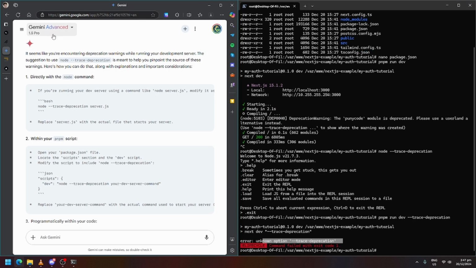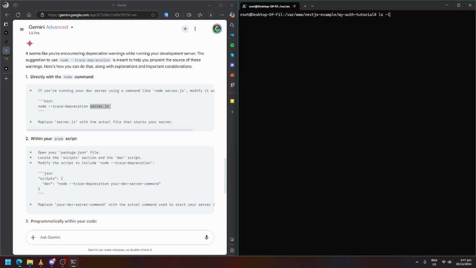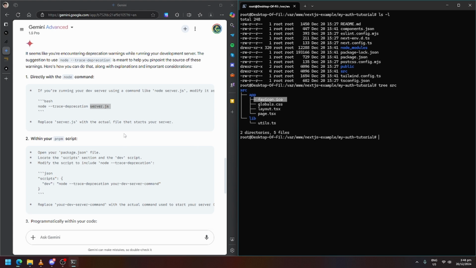So I asked Gemini, and to be able to use this, I should run the server.js directly. Is there a server.js? I don't know where the main file of Next.js is.